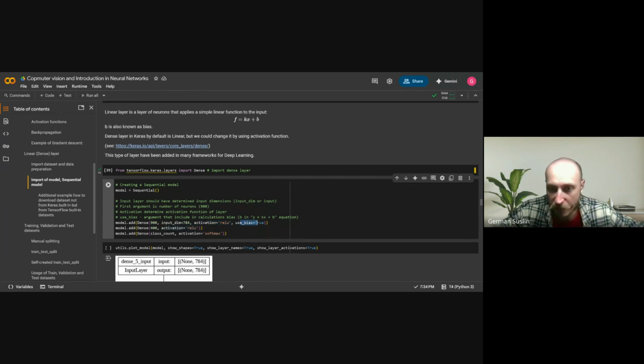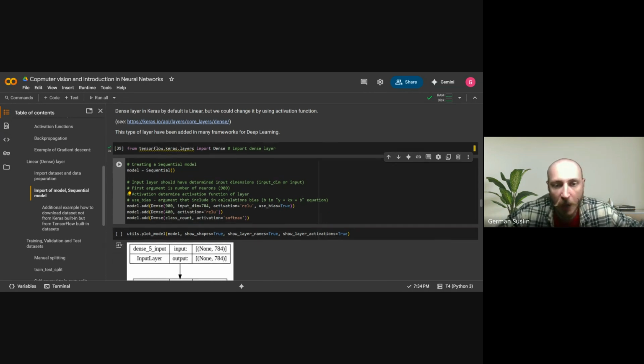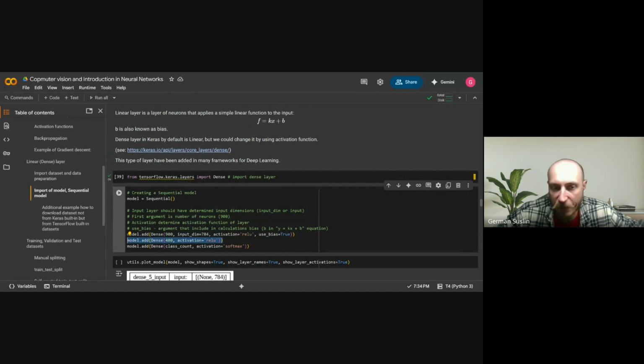I used bias, so the equation will include B. If I did not use bias, my equation for this linear layer would be this one, but since I used bias, it looks like this. There are 900 neurons in the first layer. The second layer has 400 neurons, also with ReLU activation. This is another layer, and the last layer